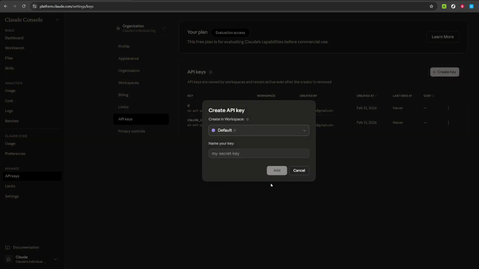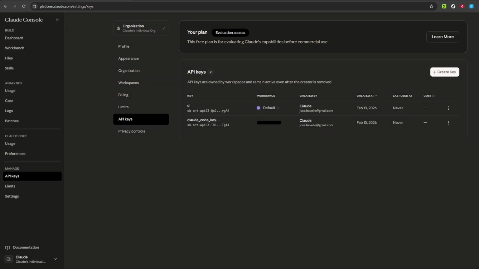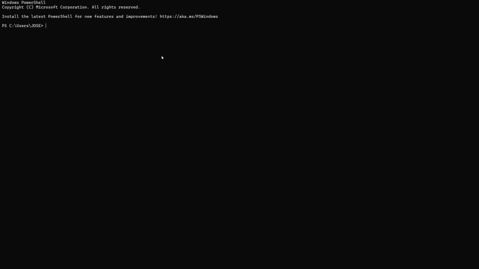Next, open your terminal application. If you are using a Mac or Linux system, open the terminal app. For Windows users, launch PowerShell. Once you have your terminal open, you will need to run a command to set your API key as an environment